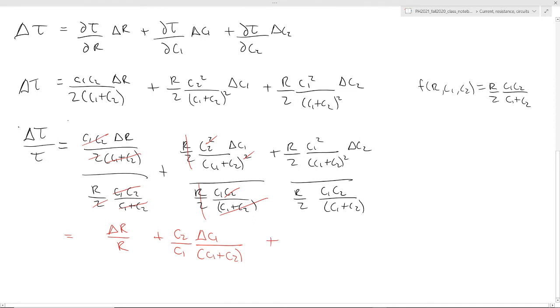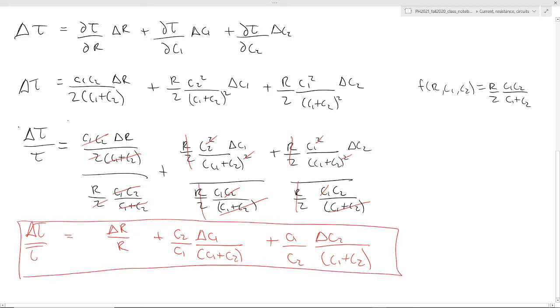And plus, see, this would go away, lose one of these. You can see they're going to be symmetrical here, look very similar. So that would be our delta tau over tau expression